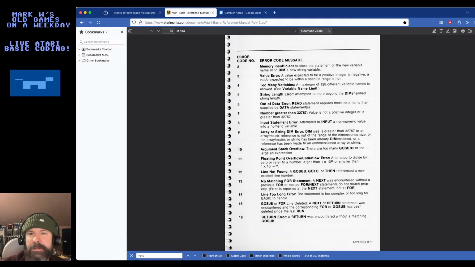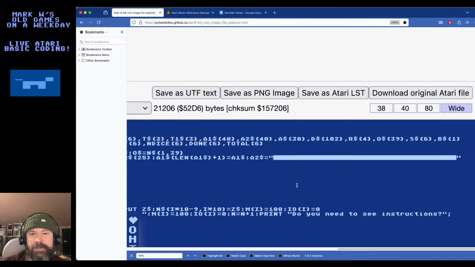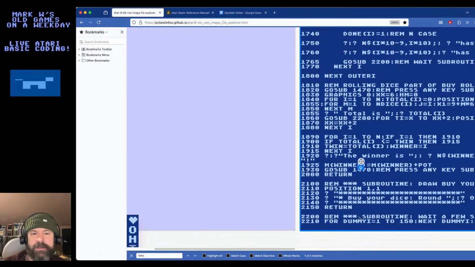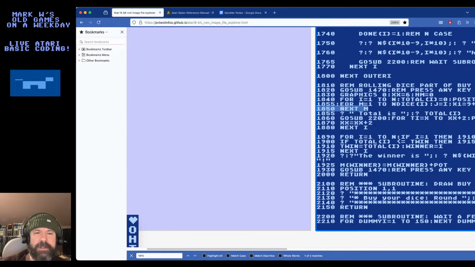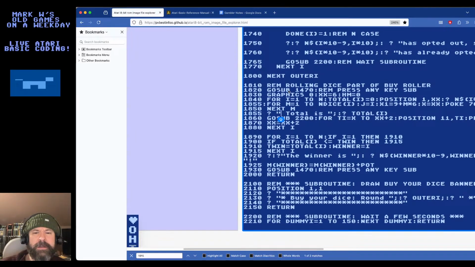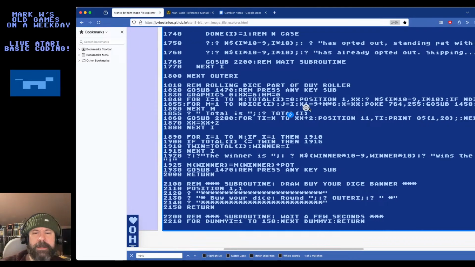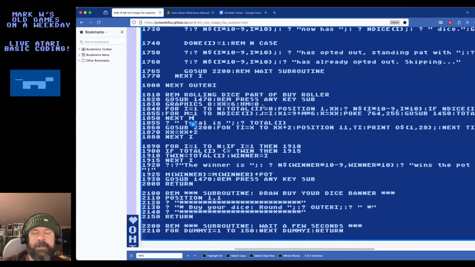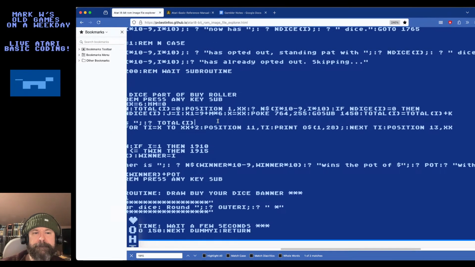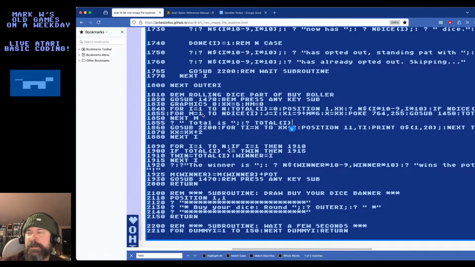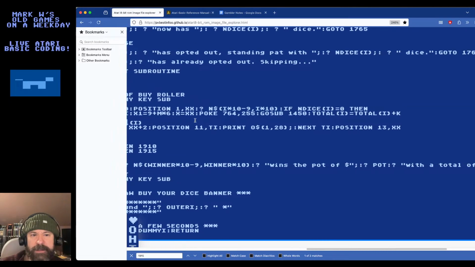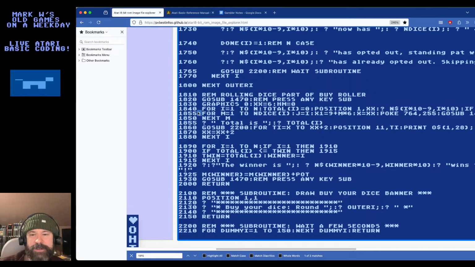So we have to check 1850. Check over here. Next M. Oh, okay. So we do have the M loop, but I think somehow we got to the next M before the colon is here for some reason. Oh wait. No, that's okay because that's part of the line. See, I thought this for a second. I thought that 1855 was the line number, so I got confused. But this is all one line.